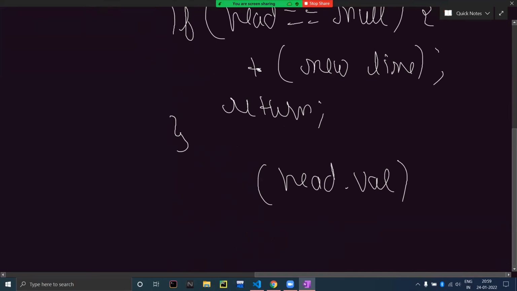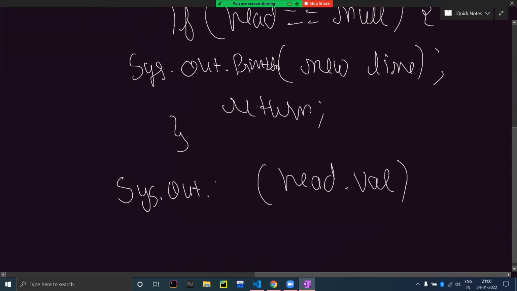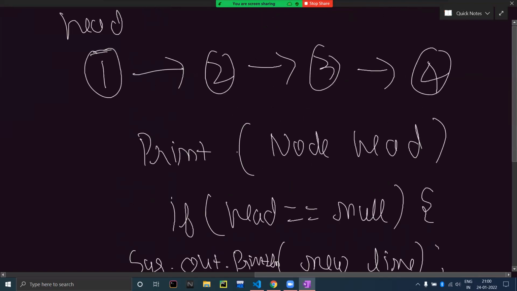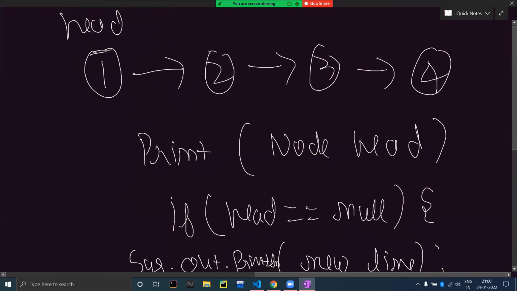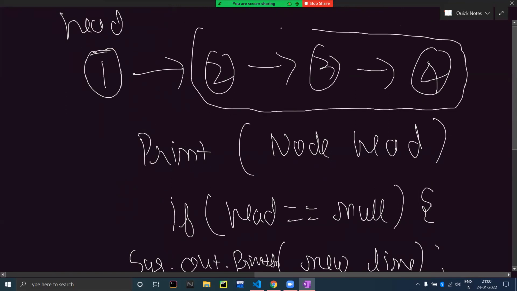So this can be a little confusing. I am going to be using System.out.println, right? And then I am going to be printing this thing again, the value stored at the head, using System.out.print. I'll print this value, the one that is stored at the head, and then I will call the print function recursively for head dot next,